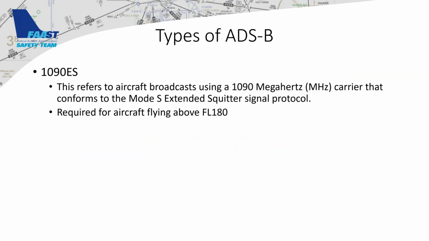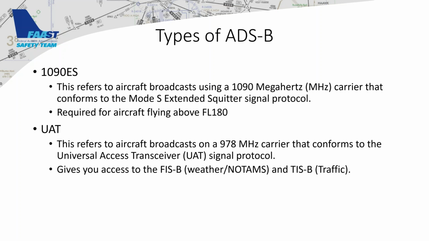And now your types of ADS-B. You have 2 types of ADS-B receivers. You have the 1090 Extended Squitter, the 1090 ES. This is the same waveform as the old Mode S transponders, so it's the same type of signal. It is required if you're flying above flight level 180 or if you're flying internationally. I think the international community went with 1090 ES because it was a little more ubiquitous. Since it was already used for Mode S, it wasn't as big of a muscle movement as an entirely new waveform, which was done with the UAT.